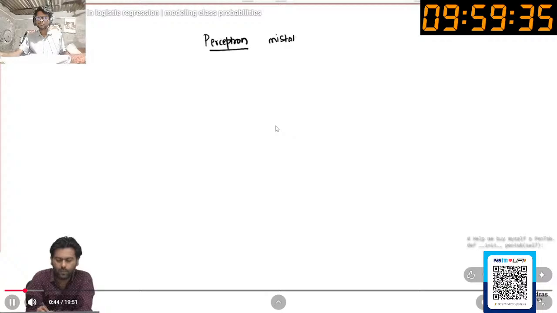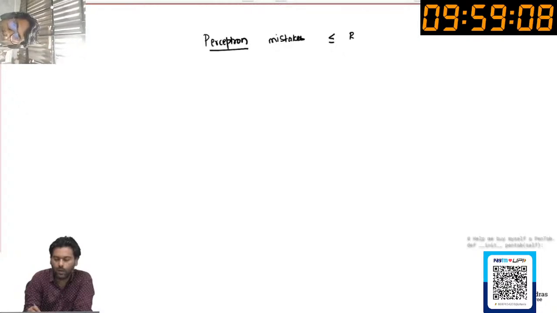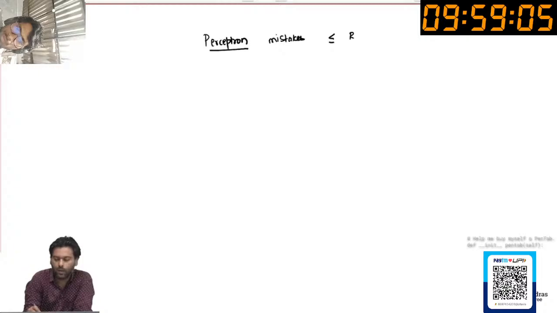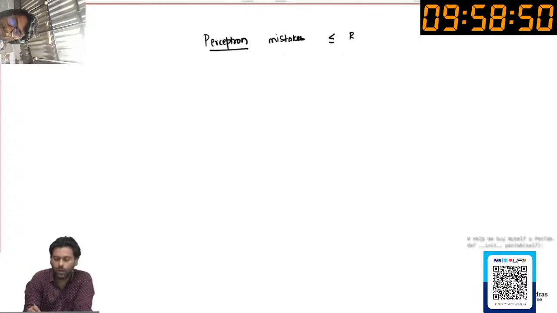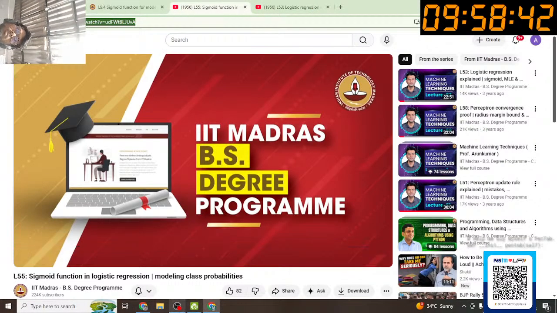So let me put it this way: perceptron mistakes is less than or equal to r squared by gamma squared, where r is the radius of the data points and gamma is what